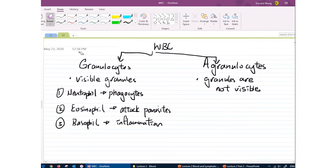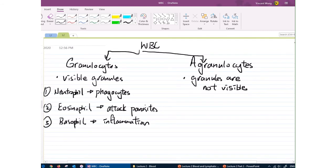So these are some examples of granulocytes. And again, granulocytes are white cells that have visible granules under the microscope. On the other hand, we have the agranulocytes. We have something called monocytes. So the monocytes are basically